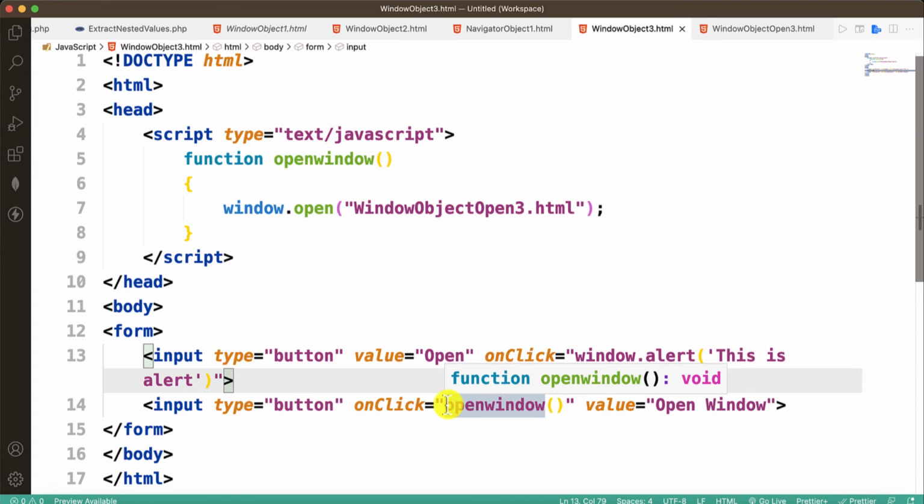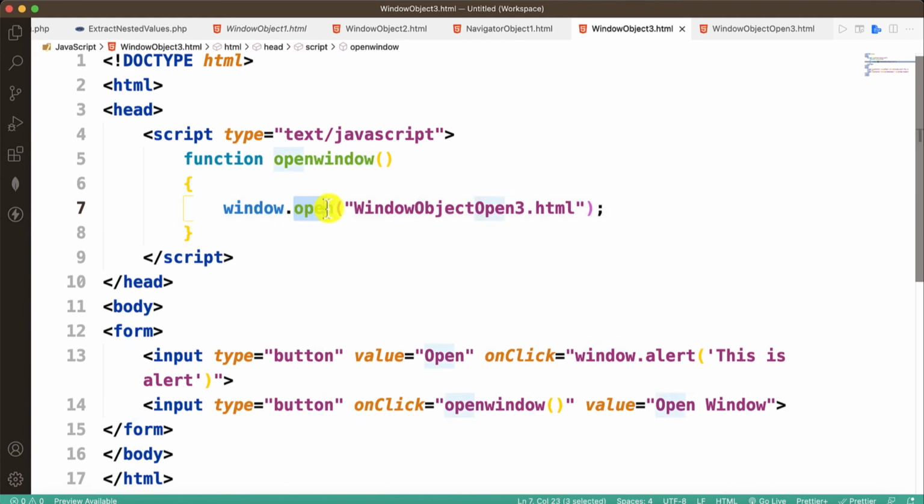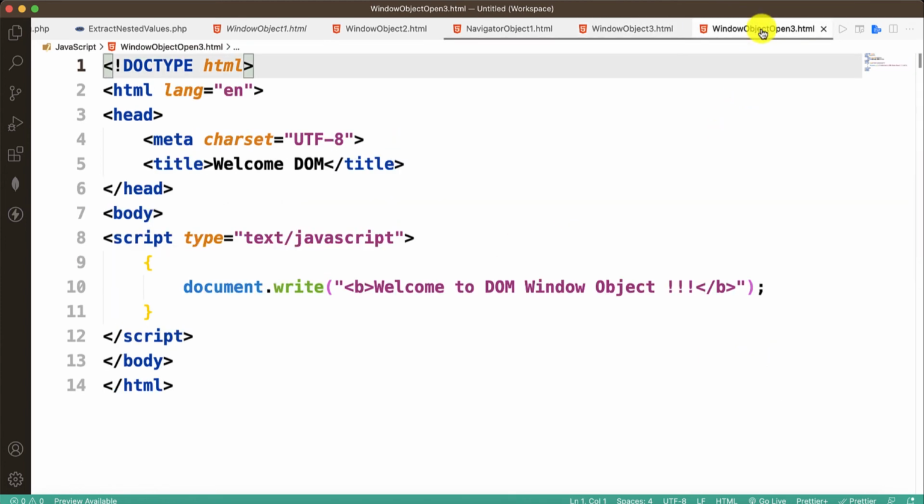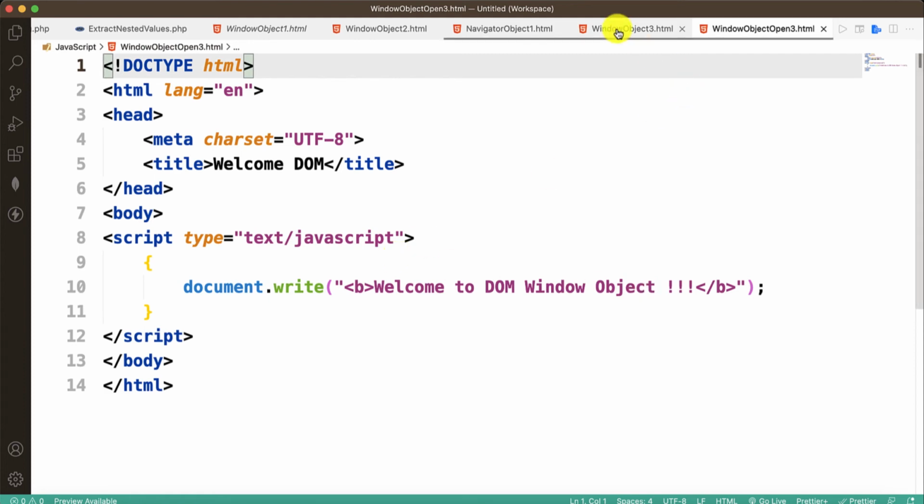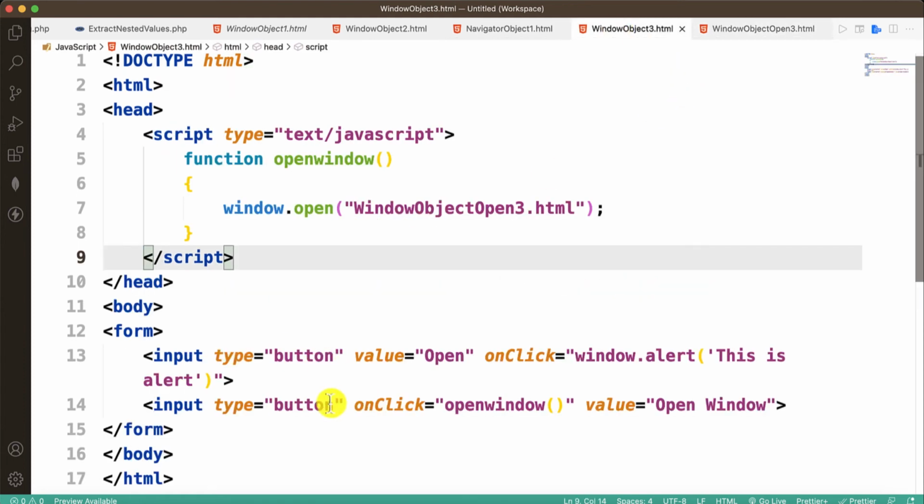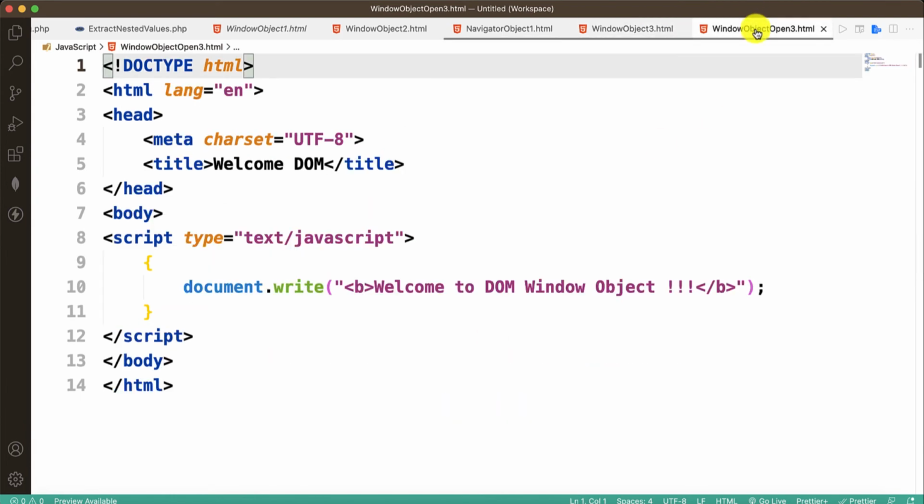So here in the open window function, I'm going to define window dot open. Open is a method of the window object, right? And in that you have to pass which document you want to open. So here you can see window object open3.html. So one form I have created. So here is the form. In this form, I'm just displaying the message that welcome to DOM window object, right? So whenever from this form I'm clicking on this button, this particular window object open3.html form will be